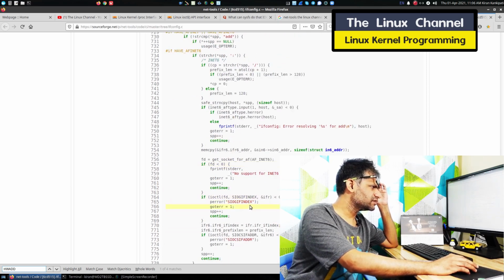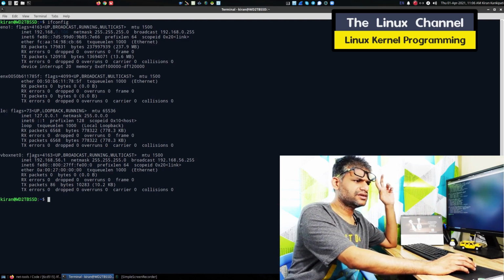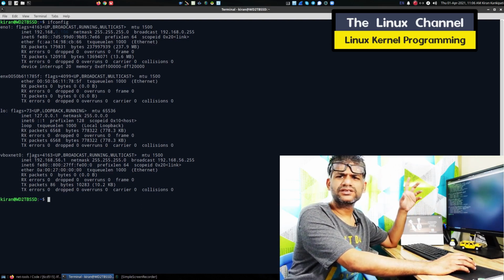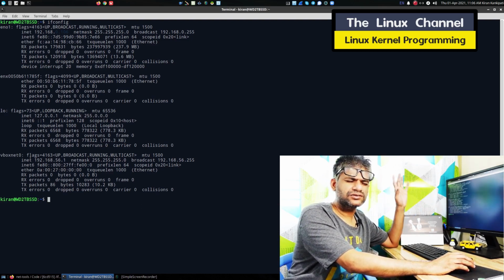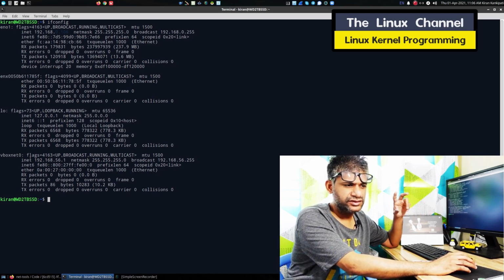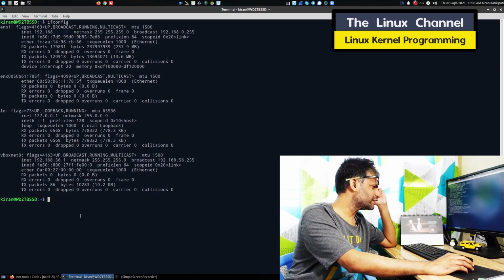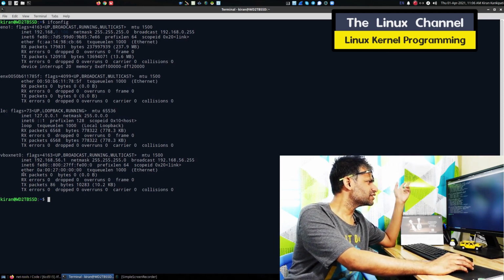This is about getting the interface index and interface address and stuff. Of course each interface is a net device instance, hence you will get that interface index. It's like an array. Of course it's not an array, it's a linked list, but each interface has its own index. ifconfig doesn't show it.